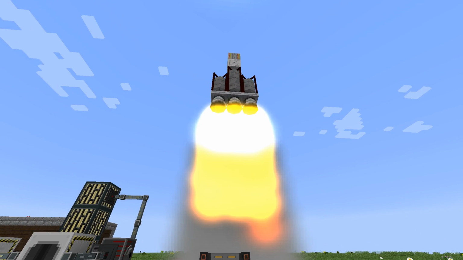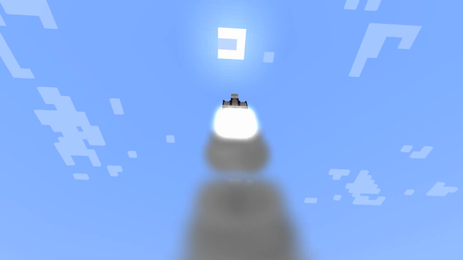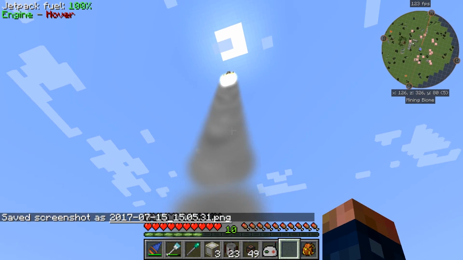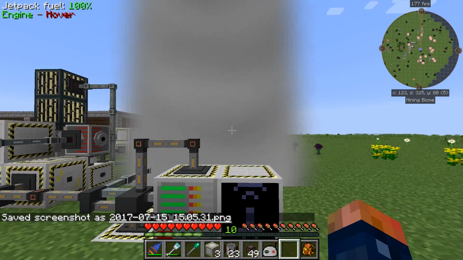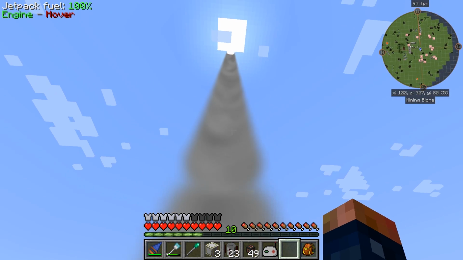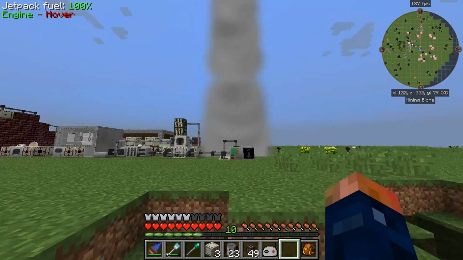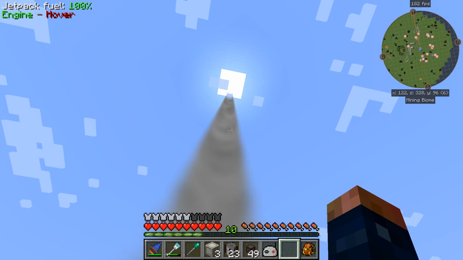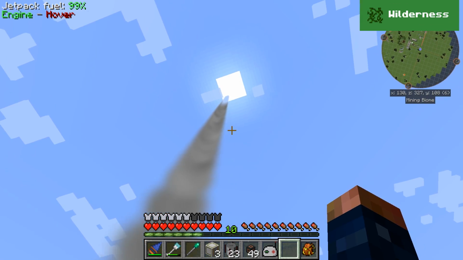Look how cool that is. Sweet. Okay, so that's one rocket down. I kind of like these thick fog particles. Whoa. Yeah, this is pretty neat. It of course goes way faster